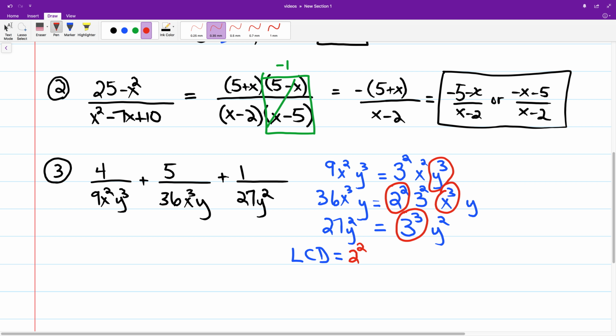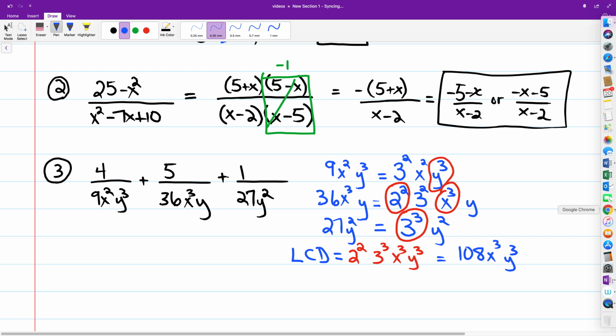So we have 2 squared times 3 cubed times x to the third times y to the third. And so for the least common denominator, 2 squared is 4, 3 cubed is 27, 4 times 27 is going to be 108, and we have x to the third, y to the third. And so taking what we have for each of the ratios,